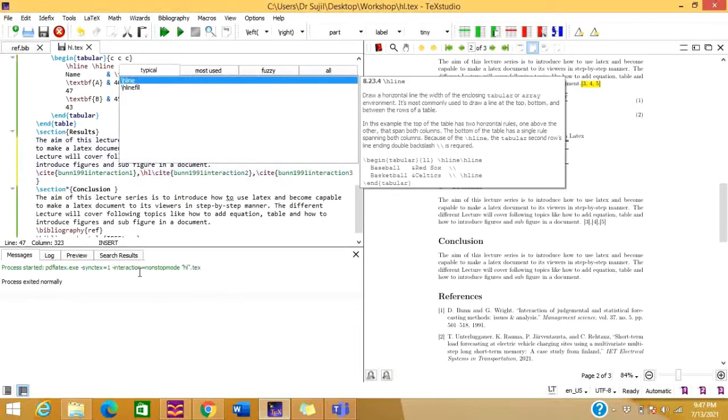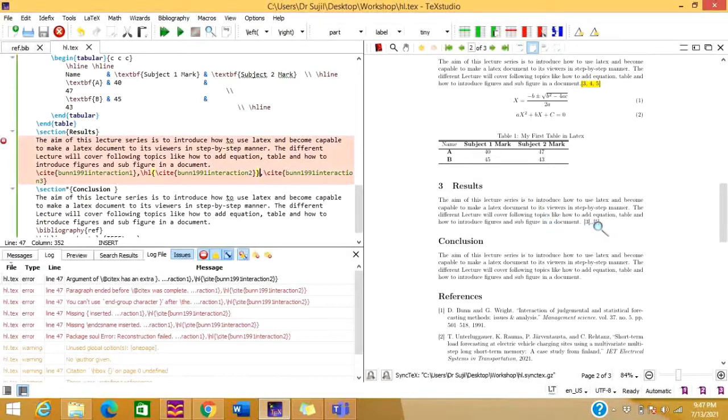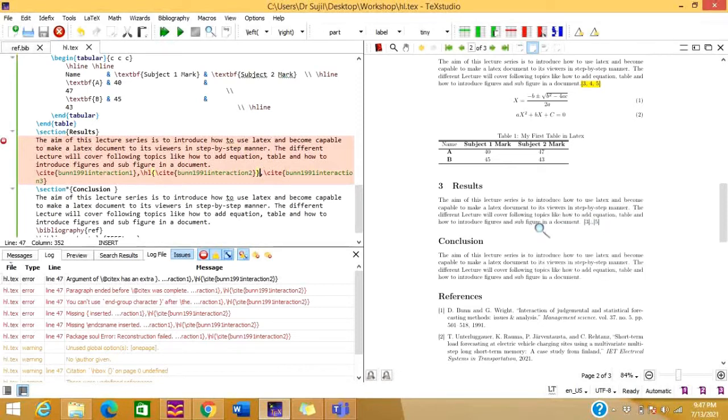/hl and give one bracket here and another bracket over here to close the bracket, and let us run this and see what is going to appear here. In this case also you can see the same error, the reference number 4 has disappeared from the document.